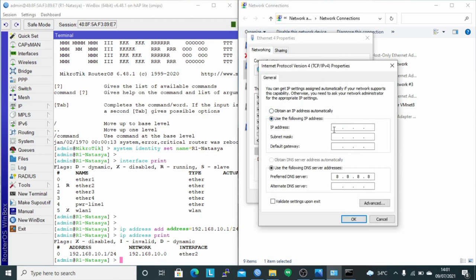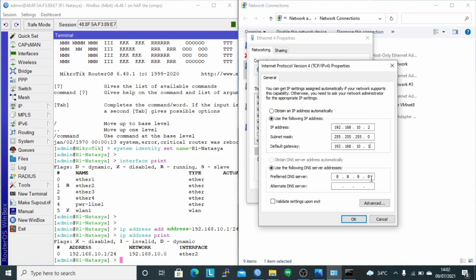Here, I use an IP address in the same network as the router IP, namely 192.168.10.2, the subnet mask is 24, and the default gateway is the router IP, namely 192.168.10.1.